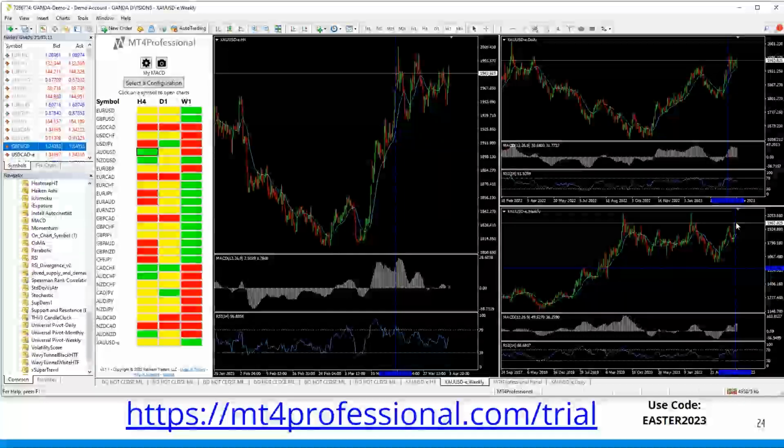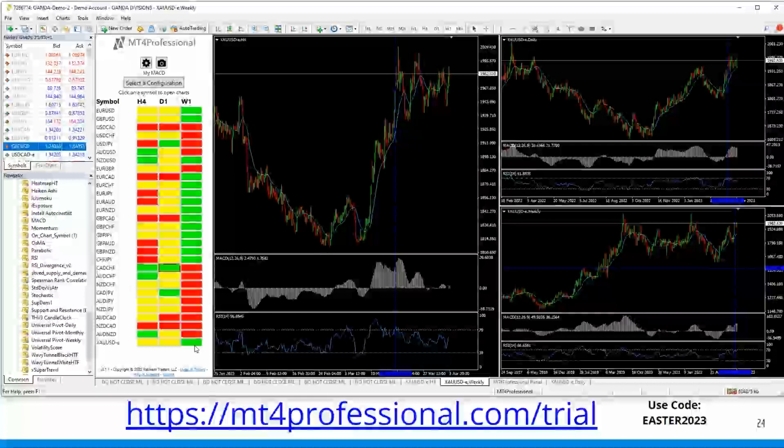And if that's the case, we would look for it to come all the way back down to the EMA, which would probably bring it down well below 1920. So that's the idea behind these setups. So your system should identify this trade setup for you and let you know that it's not ready to trade yet, because you've got two time frames that are out of sync with the longer time bullishness.